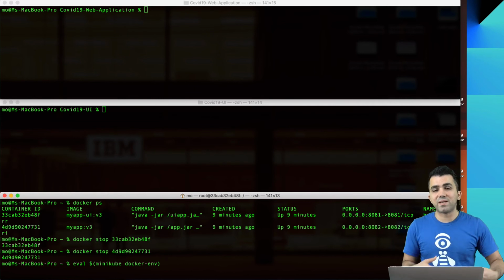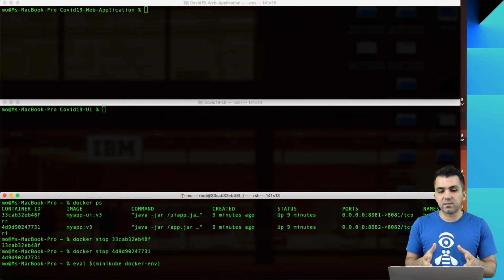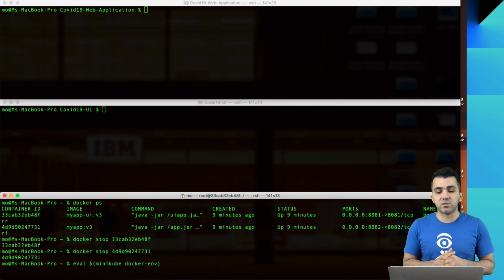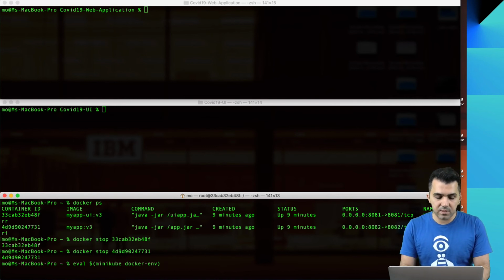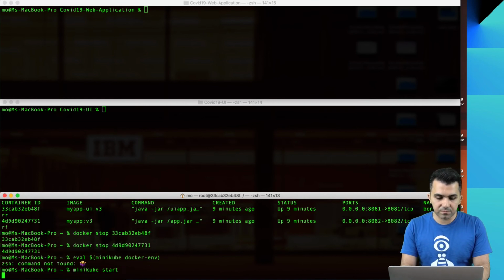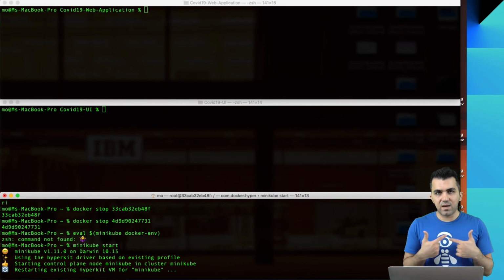And if you want to switch back again to your own Docker daemon on your machine, you have to put a -u after Docker env. Okay, so I need to run my Minikube first. Minikube start. If you haven't got your Minikube started already, go ahead and start it, because that is